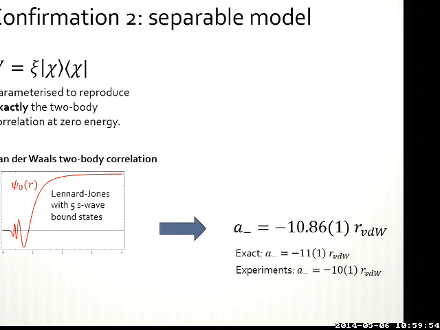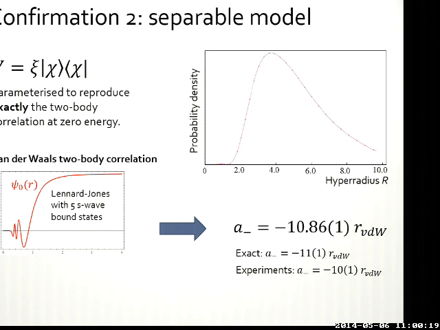Now, you might think, actually, when I got this result, I thought, well, okay, it's nice, but is it really a good result, or is it just a coincidence? Because this separable potential is a bit funny. It's a non-local potential, so it may be that the short-range physics is completely different, but then by some accident I get some value which is nice. So to check this, I plotted